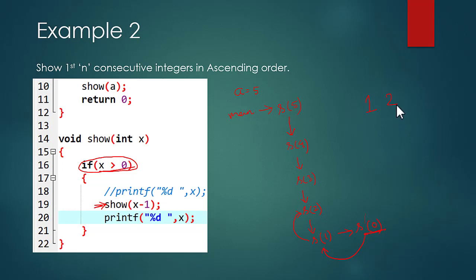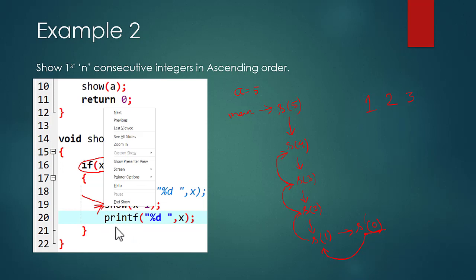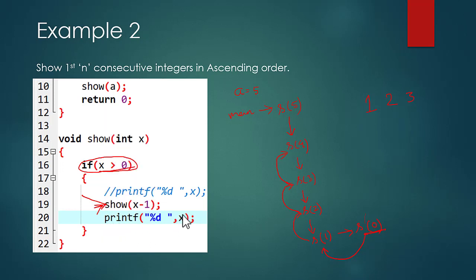Next, there is nothing to be done, so it will go back to its calling function s3, and we have left s3 at this position, so it will perform the next statement. So printing of 3 will be done. As the x value is 3, it will print 3. Then it will go back to its calling function, that is s4, and in s4 we have left at this position, so it will perform the next statement, the printing of the value of x, where the x value is now 4.